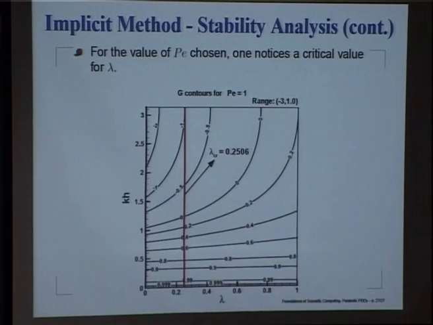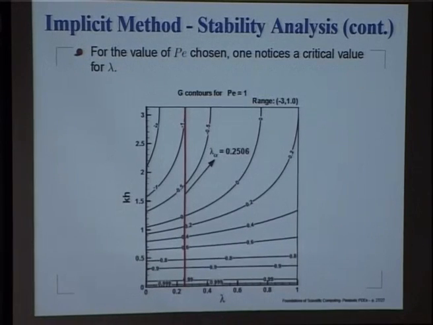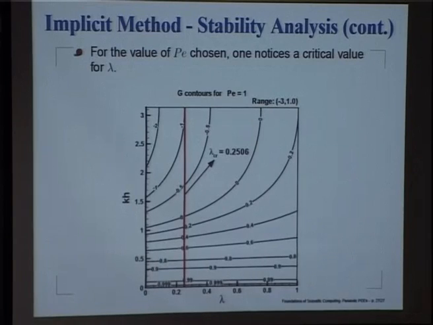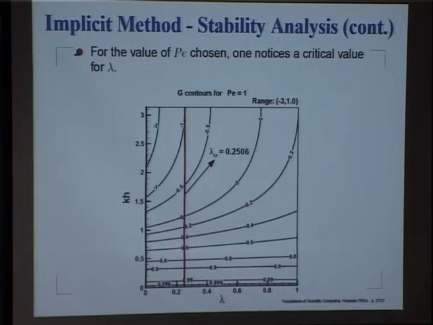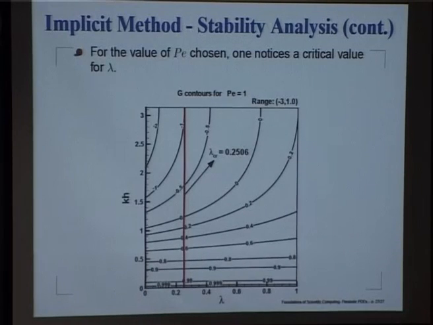So, all that you are able to see now is that you can get a very spectacular improvement in your ability to take much larger time steps. See, these values of Peclet number are few orders of magnitude larger than what you can do with the explicit method. So, we are talking about improvement of the order of say 1000 times, 10,000 times, that type of improvement in computing. Okay, so this is what it is all about